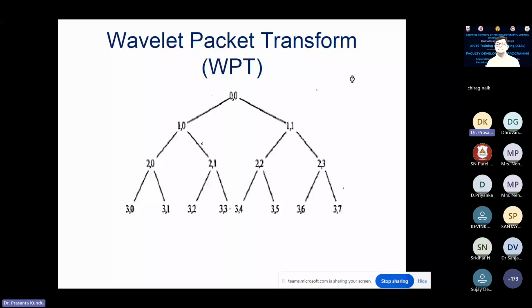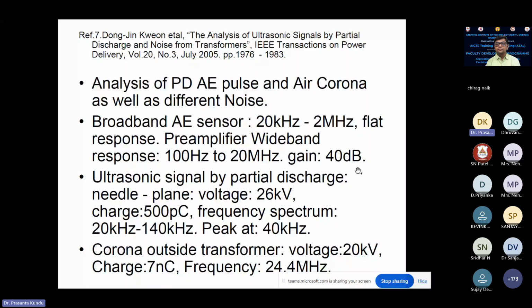Now, some typical facts about the partial discharge acoustic pulses and their frequency, because based on the frequency you are classifying. For acoustic partial discharge measurement, you will have 20 kilohertz to 2 megahertz. Normally such sensors are used, but in some cases a 150 kilohertz narrowband sensor is also used. That is also included. But for research purposes, we can have a 2 megahertz plus response type.